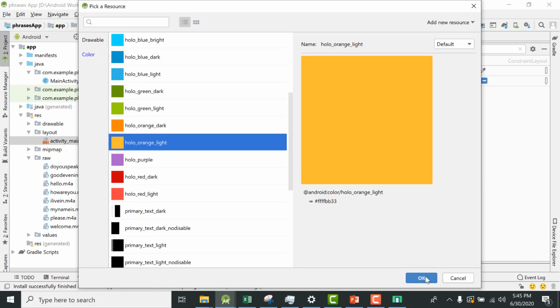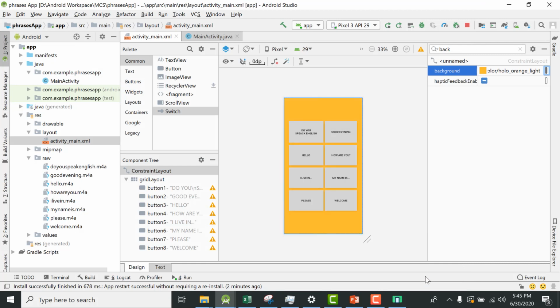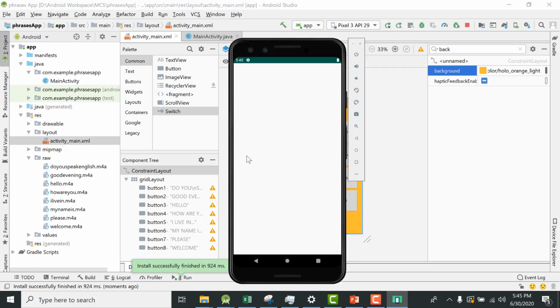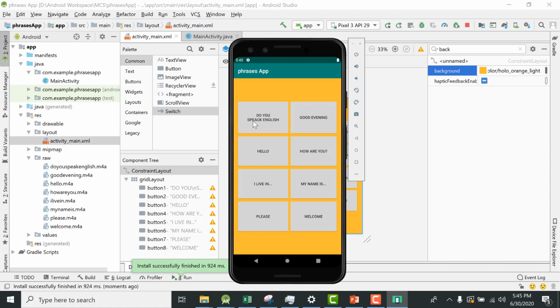I'm going to use this one just for the demonstration, and there you see. And now you can run this app. I see the changes on the Android emulator.